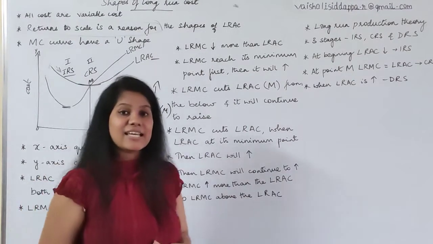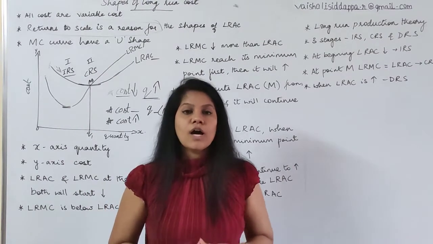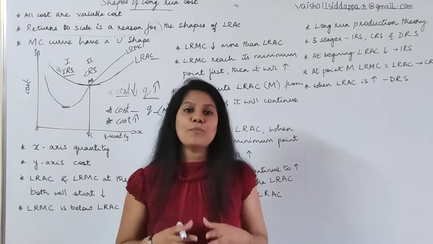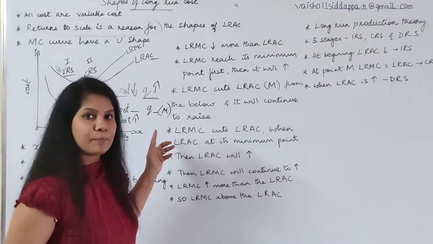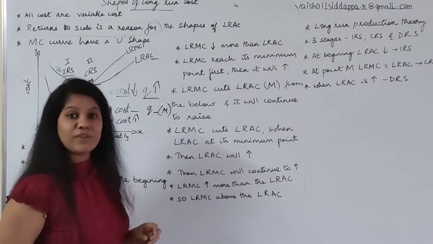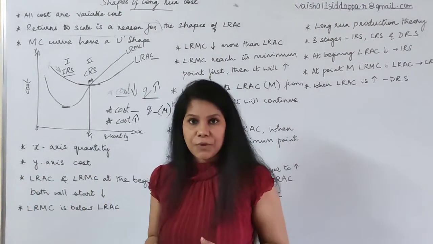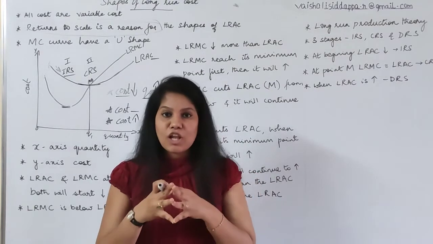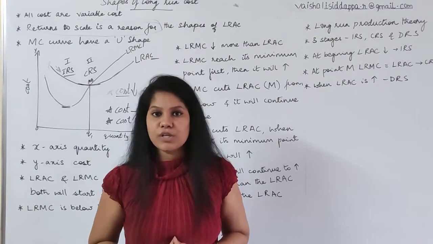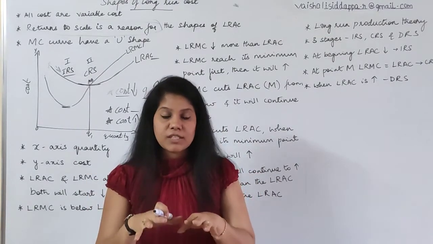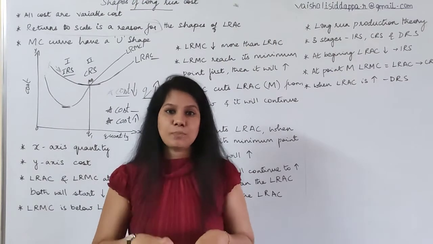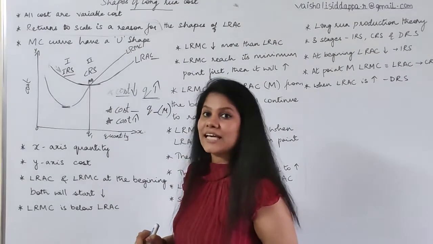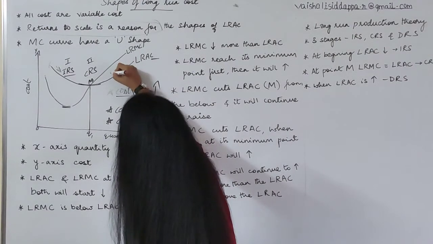Cost is increasing. Is it good for the producer? No. Cost should be less. Only then he can come with more profit. But after point M, what we are saying is cost is increasing. The cost is increasing, so definitely profit making logic is not going to work for the producer. He's going to lose his profit. So definitely, here the output what he is coming with, this is the third stage,